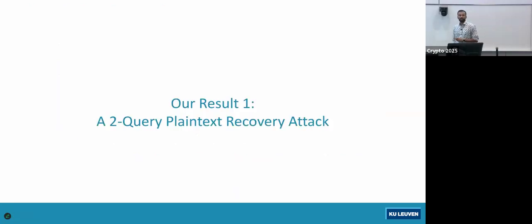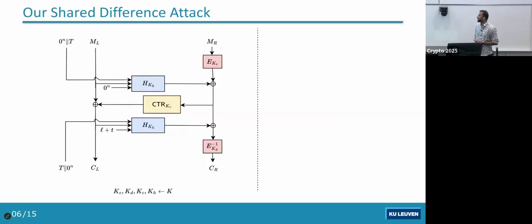So let's now have a look at the attack, which is the most important part here. To simplify the attack description, I will simplify the block diagram for you. So let's have a look at the block diagram. Here, one thing I want to point out is that the attack, we call it the shared difference attack,